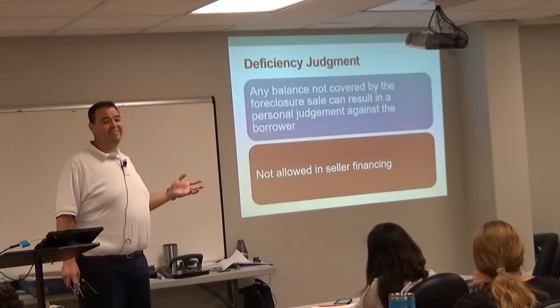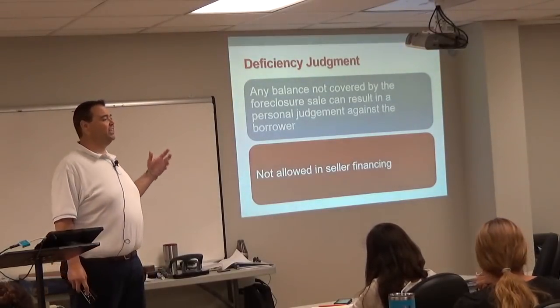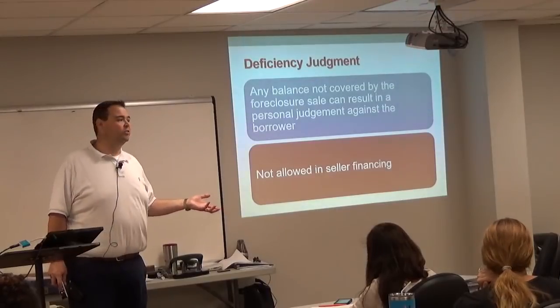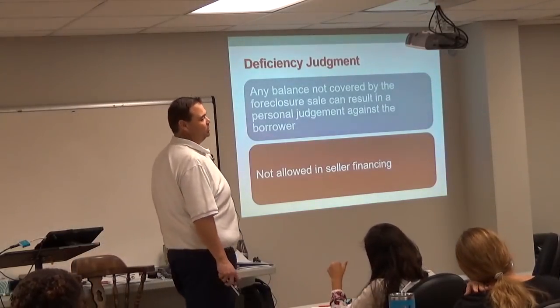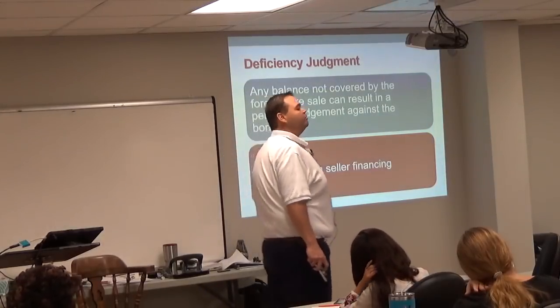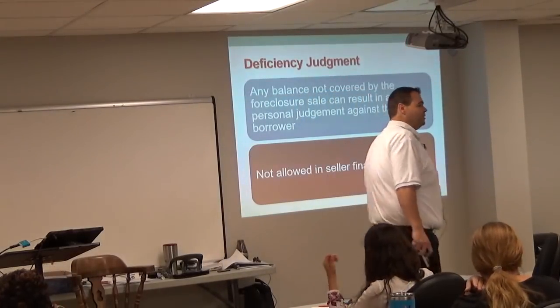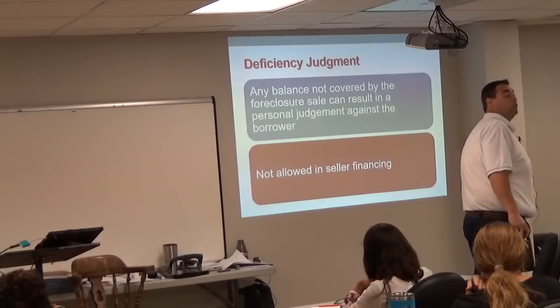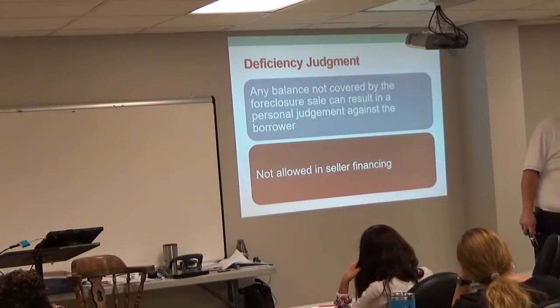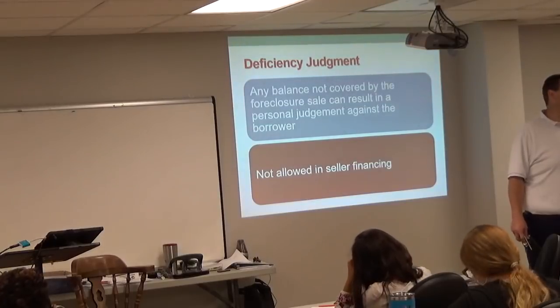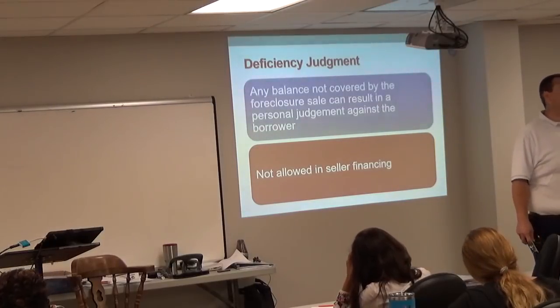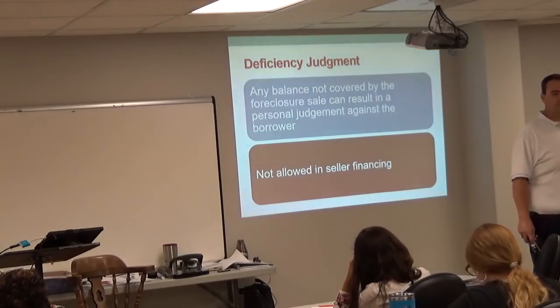They can't get one of these. If they accept a deed in lieu of foreclosure, they're not allowed to get a deficiency judgment. They'd rather foreclose and get the deficiency judgment than accept the property, because they don't know what the property is going to sell for. And so if they take the property and it sells for a lot less, it's a guaranteed loss for them. Does that make sense for everybody?